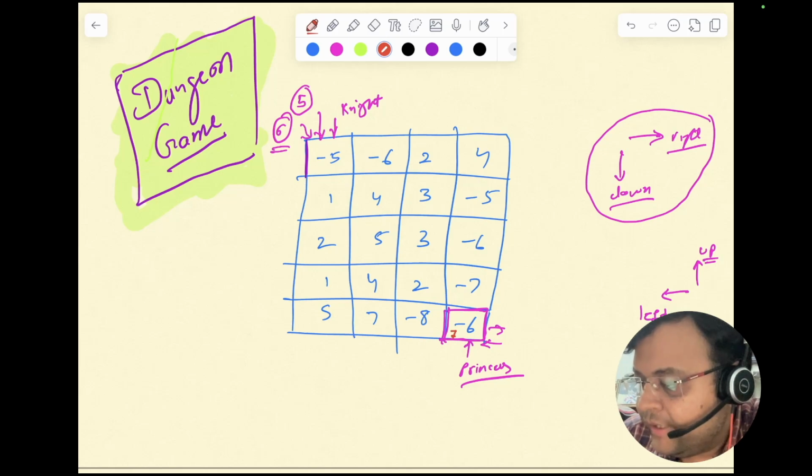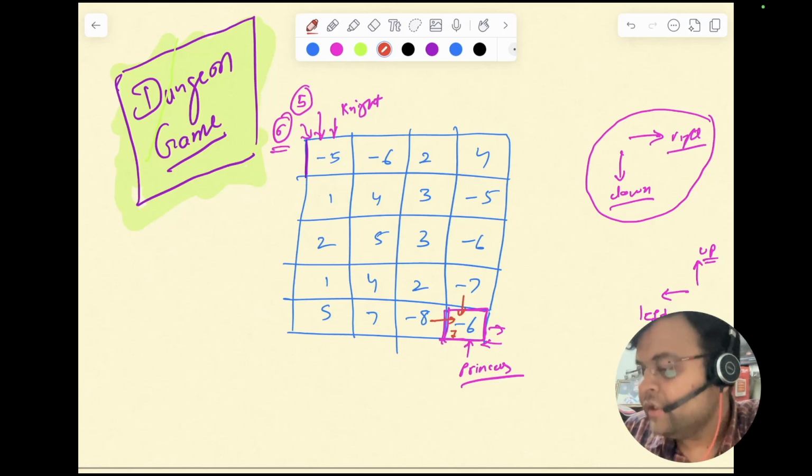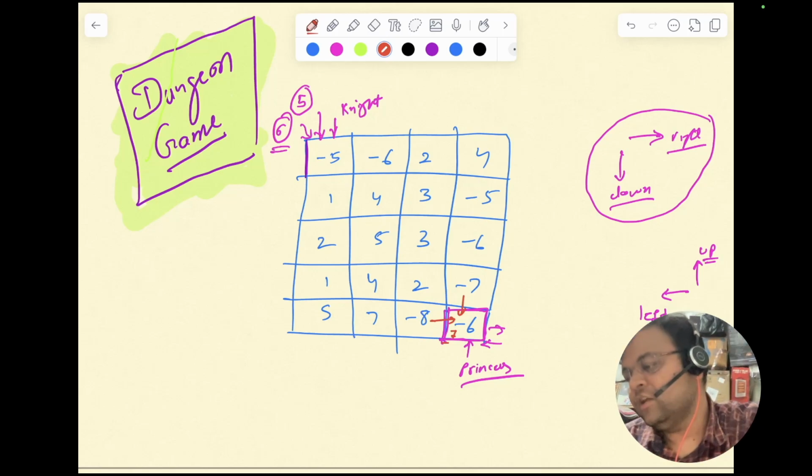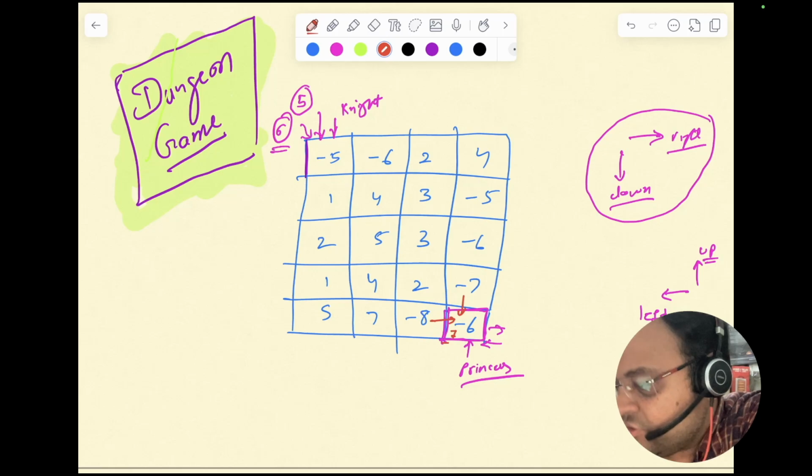He must have come here from here or here, right? Since he can only move right and down, he must have come from here or here, right? So since we need a health of 7 for entering into this room, how much do we need here? So if we want to enter into this room from this room,